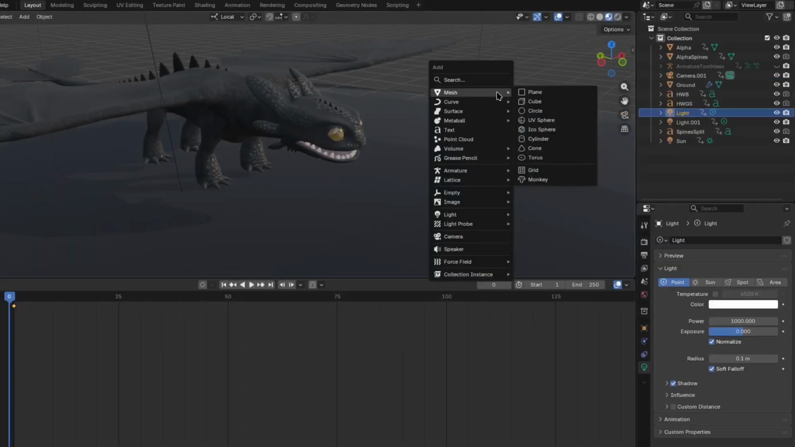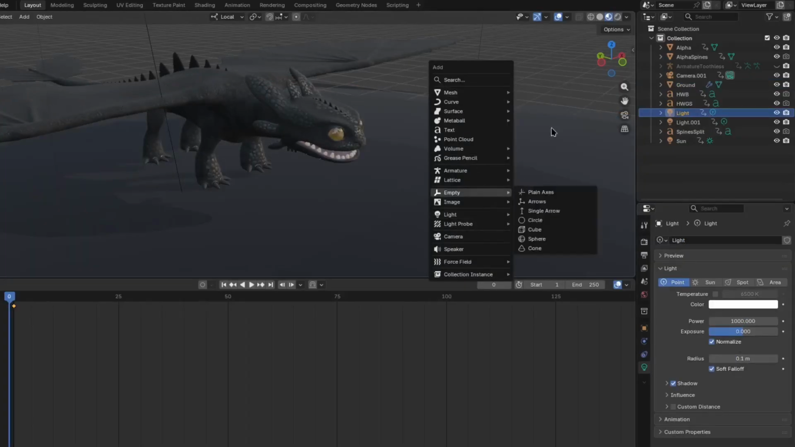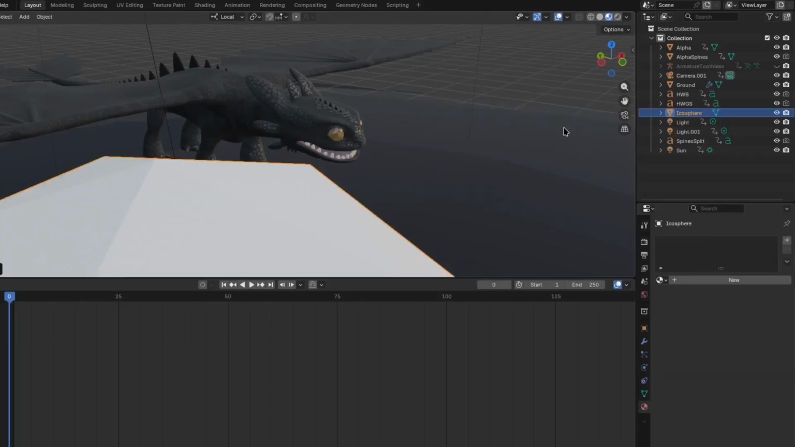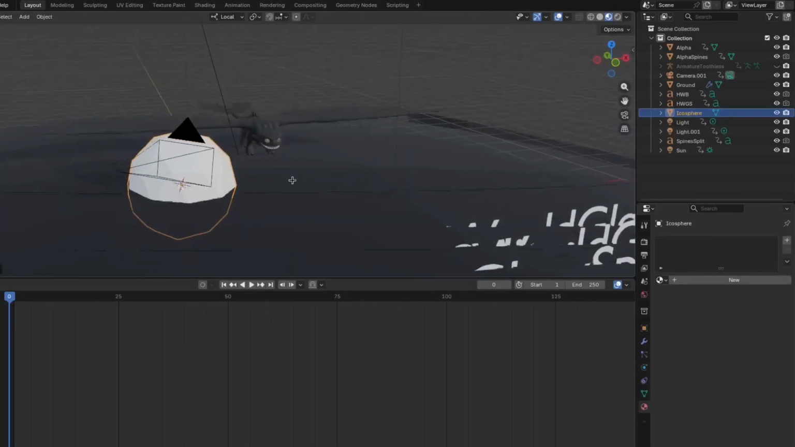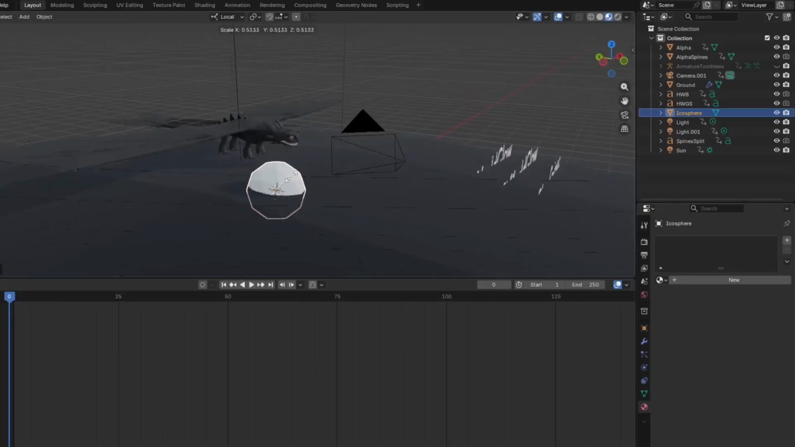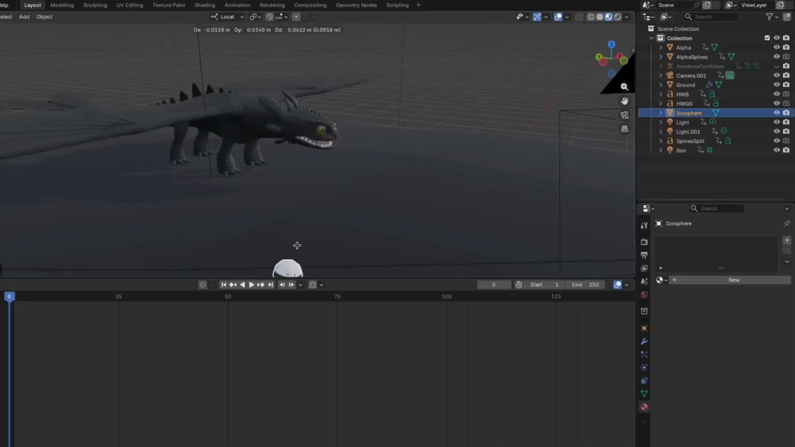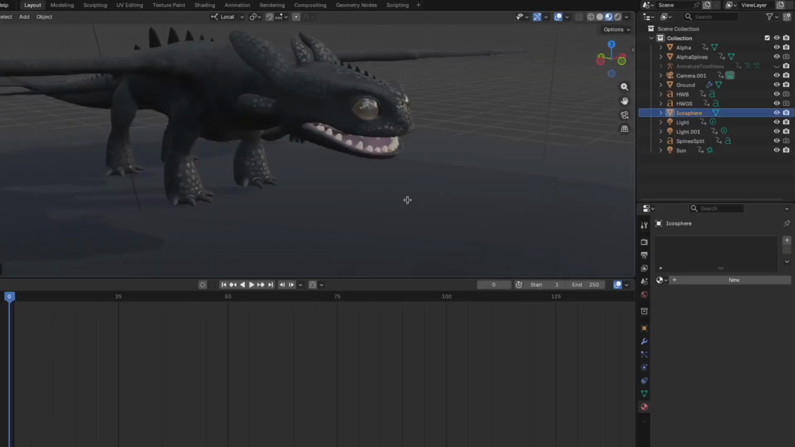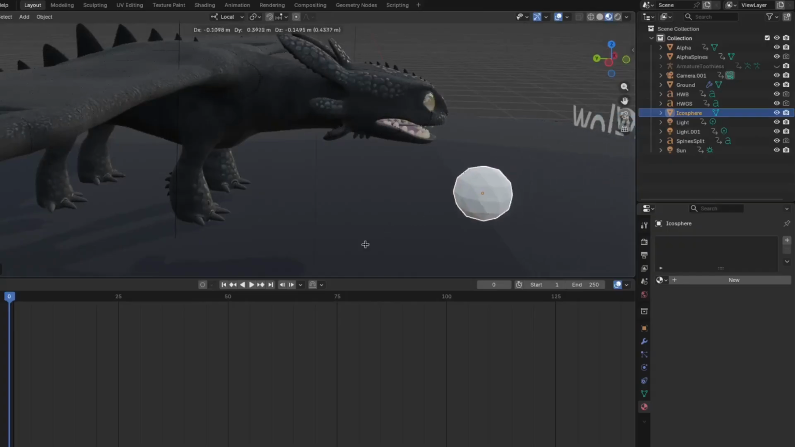I learned about Shift A, which is a nice shortcut to add stuff. Let's do not a meta ball. Let's do just a regular old icosphere. And then we're gonna have to, well, I don't know why it makes it so big every time. We're gonna hit S, make it smaller, hit G, move it around. I always get annoyed with trying to move stuff when it comes to Blender. It's just so